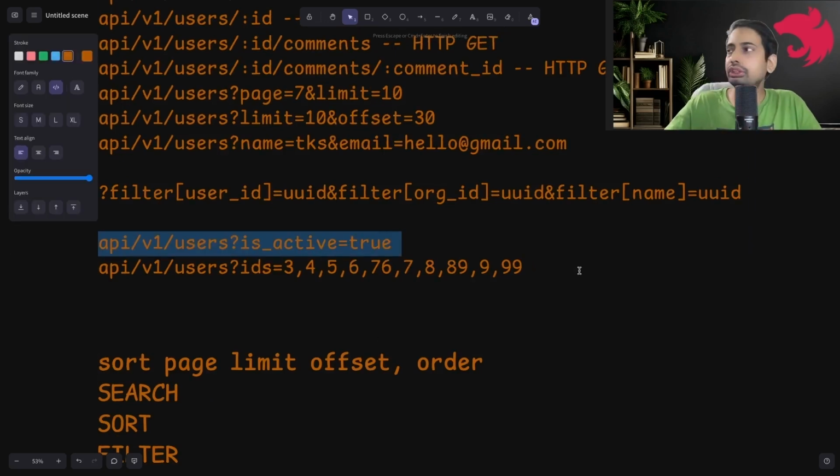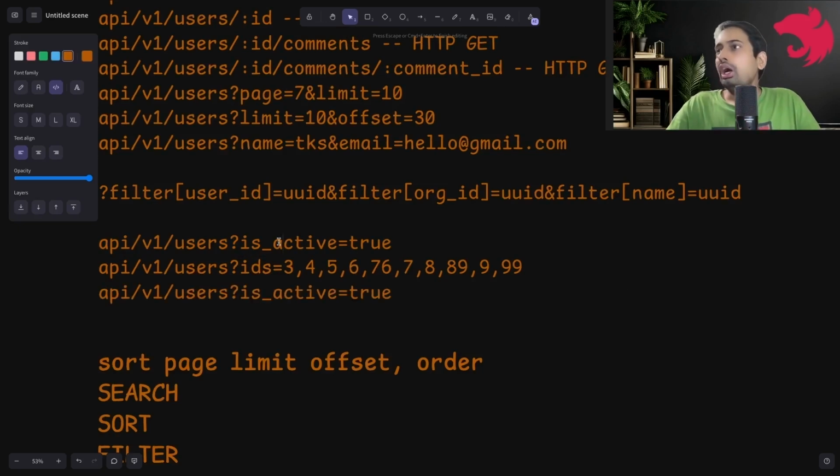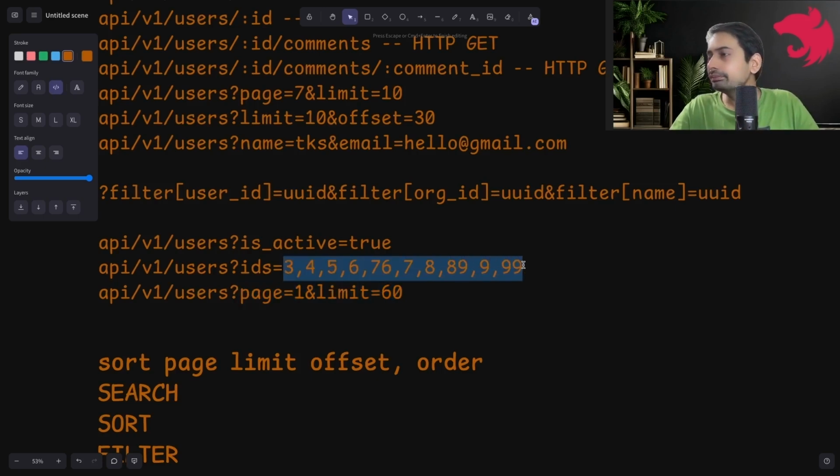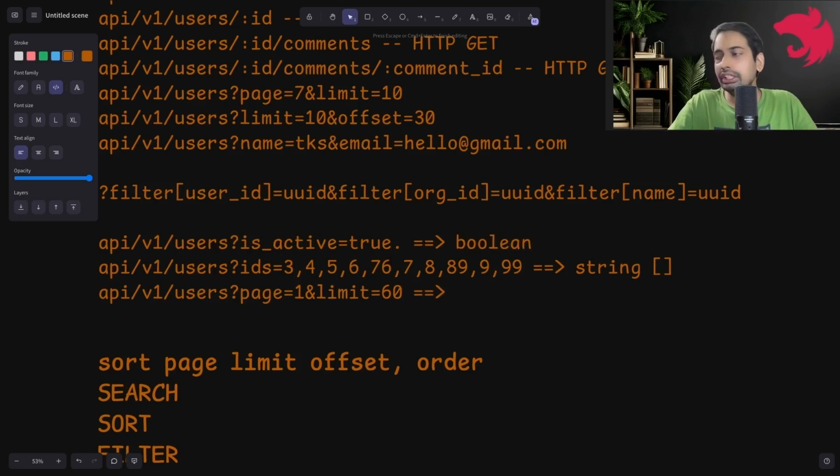I will talk about all these things here, and then we'll cover all those. How to pass a boolean and receive that at the API level. Let's say I'm doing page equal to 1, and then limit equal to 60. Now you might be thinking we are passing it as a number, so the API should also receive it as a number. No, these are all passed as string parameters. Even these will all be strings. Then what I want at the API layer is that it should get converted into an array of strings. What I want is to get the boolean value, not a string. Here what I want is page and limit should get converted into numbers.